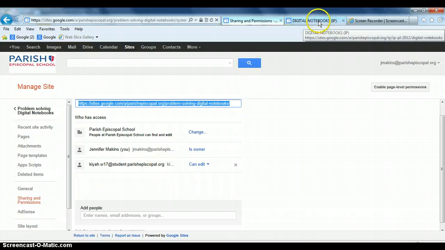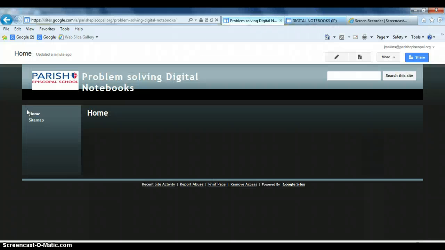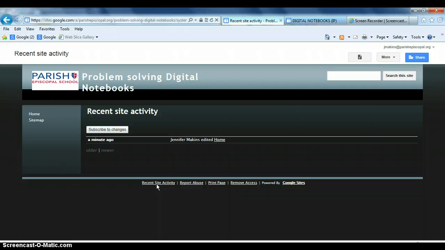And if I go back to the problem solving notebooks, here I am, and I made a note on this, but just to show you real time, the question came up about accountability and how do you know which student's editing the work. If you just click on this recent site activity button, you should get a nice little list. See right here, there's not much other than I edited it, but you get a nice little list. It tells you